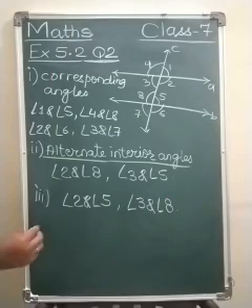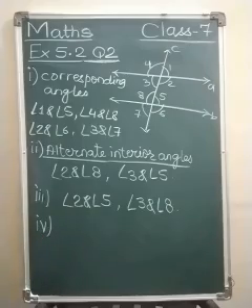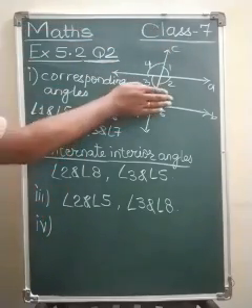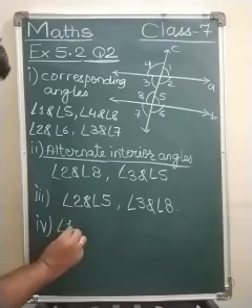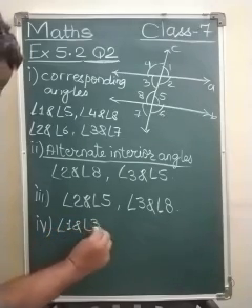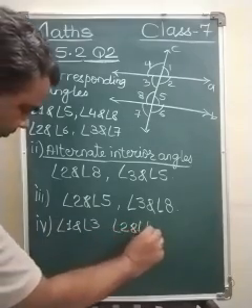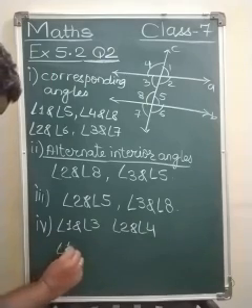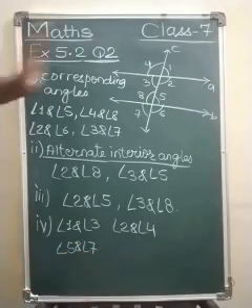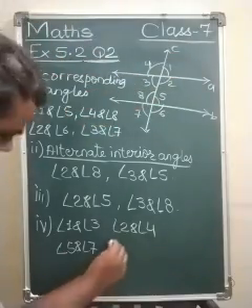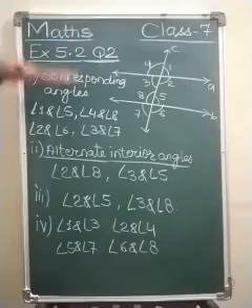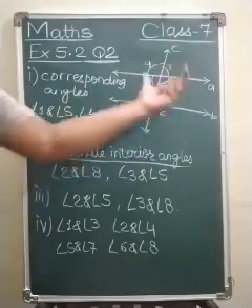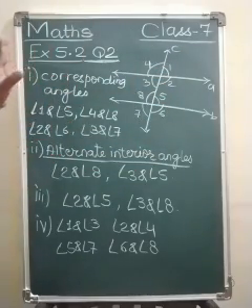Okay. And fourth answer, vertically opposite angles. See here, forget this part. 1 and 3 are vertically opposite, 2 and 4 are vertically opposite. Angle 1 and angle 3, angle 2 and angle 4, angle 5 and angle 7, angle 6 and angle 8. So only the observation is important. Knowing the types of angles is important. That's all. Okay, so question number 2 ends here.